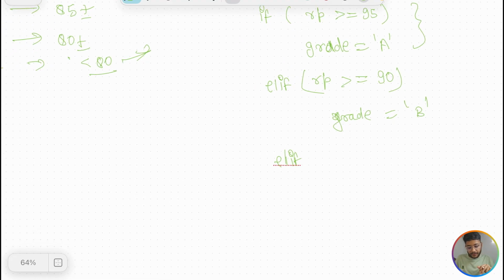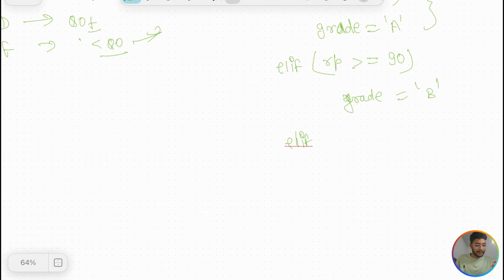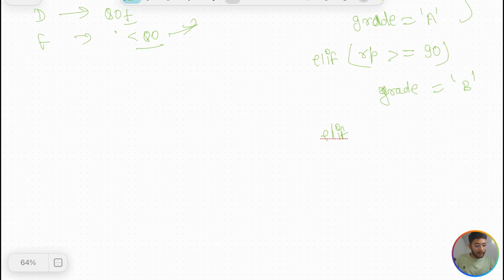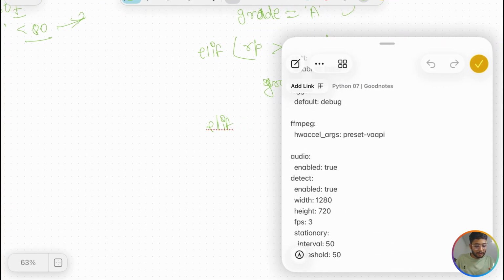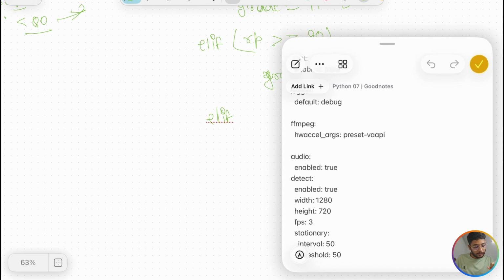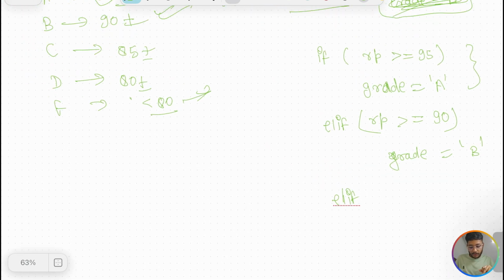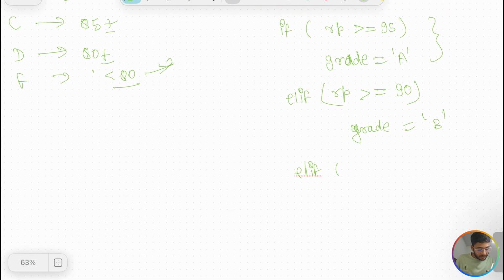Elif, it is nothing but less than 90, because if it is greater than or equals to 90, it will already be covered, this line will be executed. Okay, third condition is 85. So you will say, if RP greater than or equals to 85, if it is 85%, then no problem, it will be C grade.